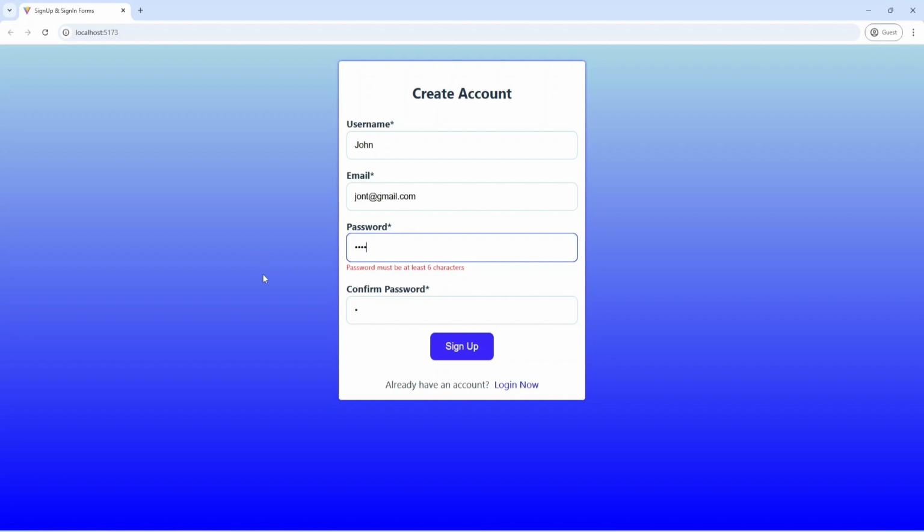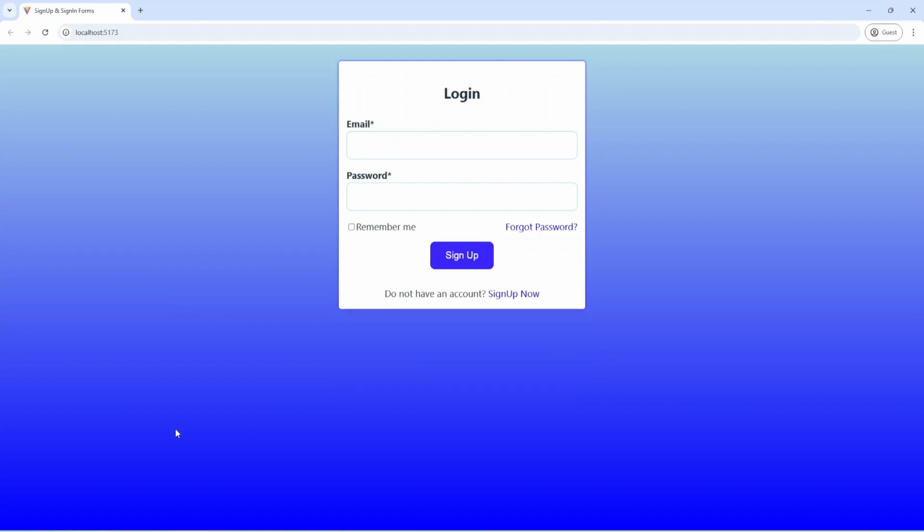Let me add 6 characters and also here, and passwords do not match.